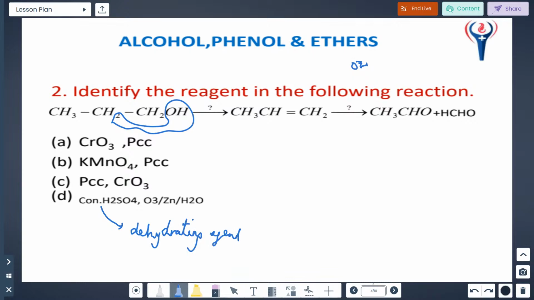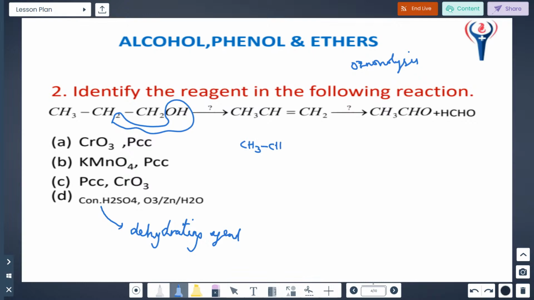Ozonolysis. Addition of ozone. Simply you can say addition of ozone. Then we can convert alkene into aldehyde. Understood? Here, when you add ozone, suppose here, I write it here, CH3,